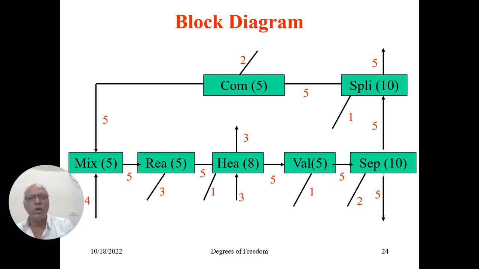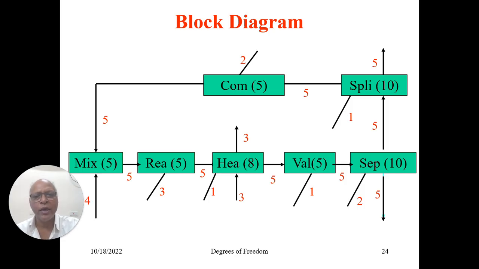So if you try to count, you will be able to identify the total number of variables involved in this problem, including equipment parameters. And the number that I am writing in bracket represents the number of independent equations you will be able to write as far as this mixer is concerned, relating 5, 4, 5, 14 variables. You will only be able to write 5 independent equations. How did I get this? The number of independent equations you will be able to write for any unit is equal to the number of degrees of freedom associated with its output stream. There is only one output stream, the degrees of freedom is 5, so I am writing 5.